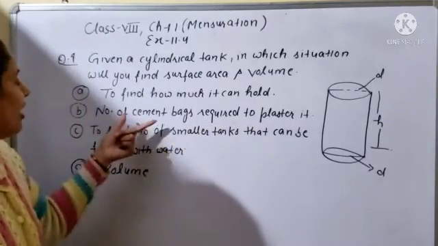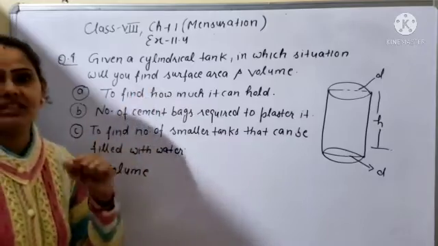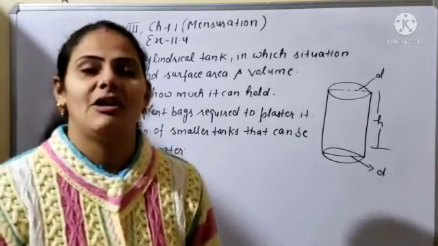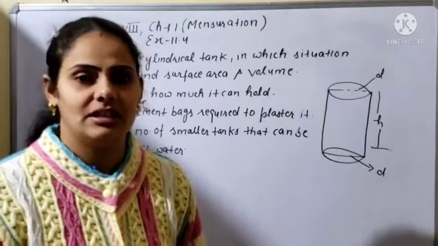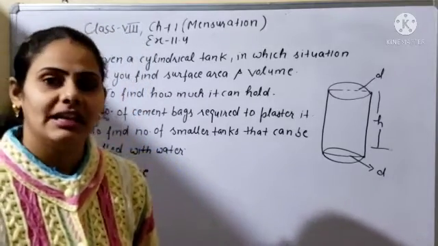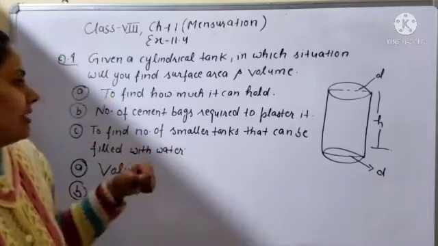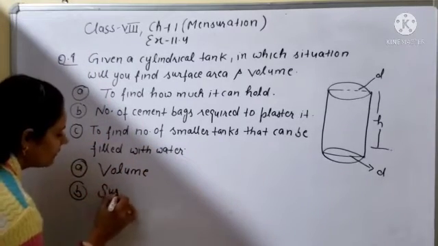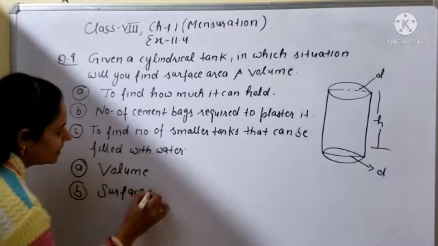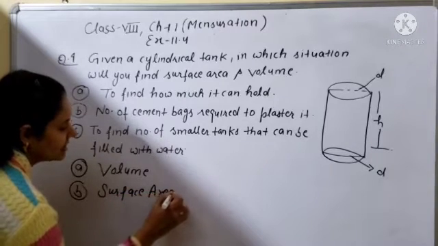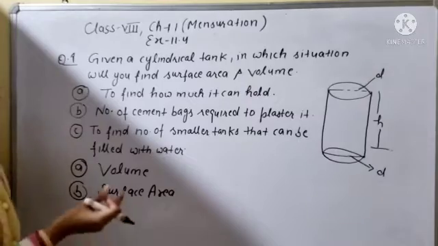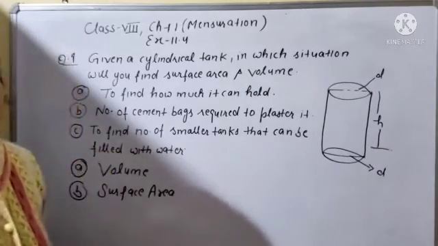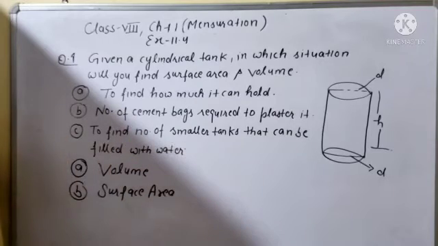Okay, so here how many cement bags are required to plaster it. First of all you will know about the area, how much area of the tank is given and how much we want to plaster on it. So first of all we will find out the area. According to the situation here we will find out the area, or you can say surface area. When we know the surface area, only then can we do the plaster on it. And how many bags will be required for plastering will depend on the area. Okay, so in the second part we will find out the surface area.